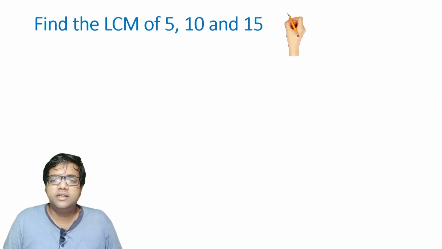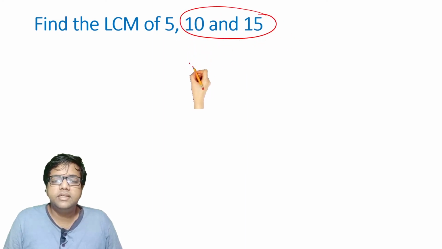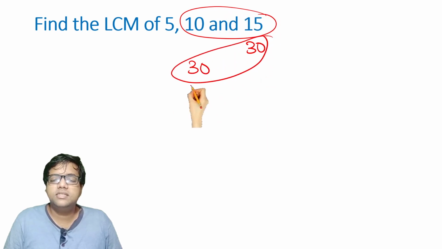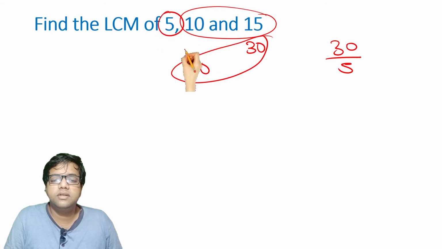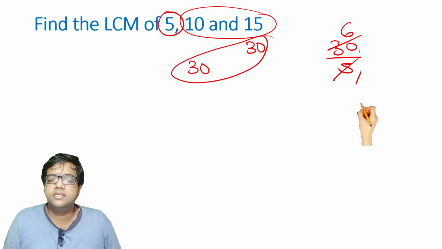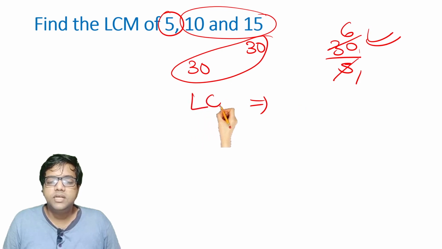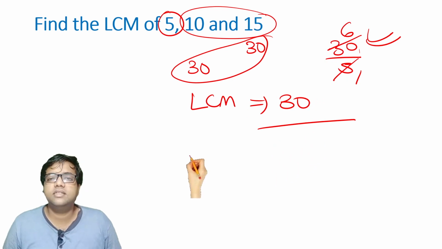Alright. 5, 10 and 15. Same method. Pick up the larger two numbers. 10 2s are 20, 10 3s are 30, 15 2s is 30. So 30 is the LCM for these two numbers. Check whether 30 is divisible by the first number, the least number, 5 or not. 5 1s are 5, 5 6s are 30. When it is divisible, you can say the LCM for all the three numbers is 30. Even if you do it with the long division method, you will find the same answer.